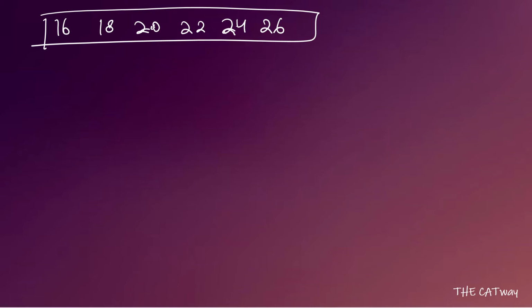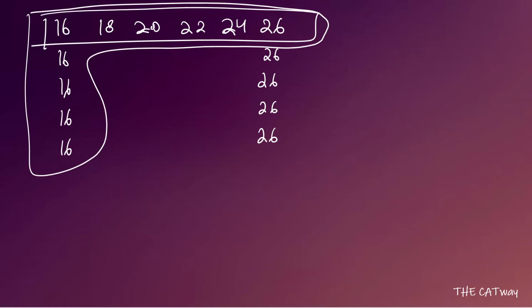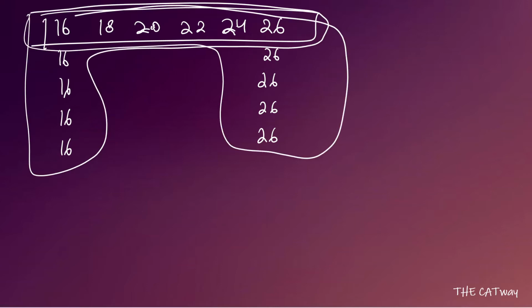After that, there can be 4 extra values in case of city 1. How can we determine those extra values? Because we have to take the minimum average, we are going to take those 4 values as 16 every time, because then only we will minimize the sum. Whereas for maximizing the sum, for the other 4 days we can take 26, the maximum value. With this one we can calculate the minimum average, whereas with this one we can calculate the maximum average. So this is what we are going to do.